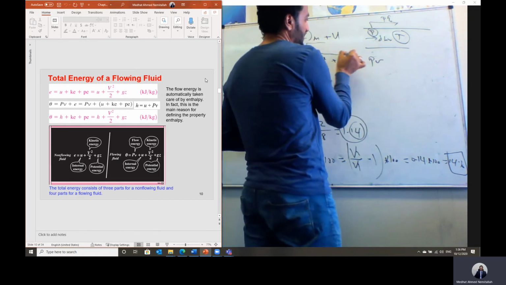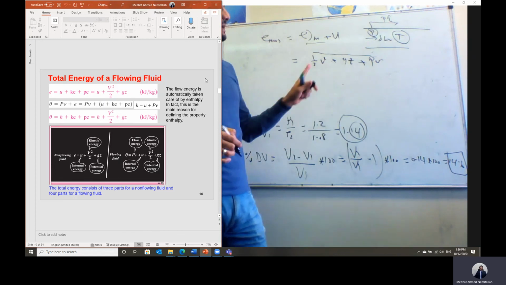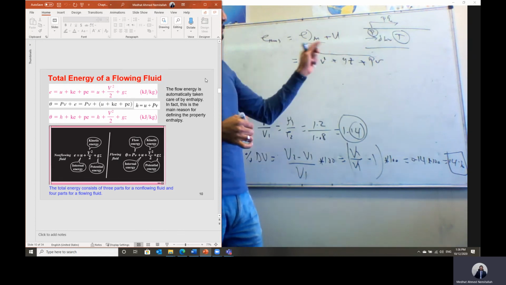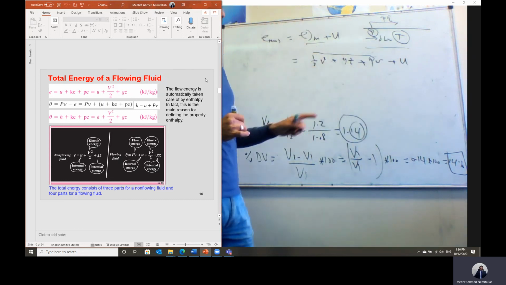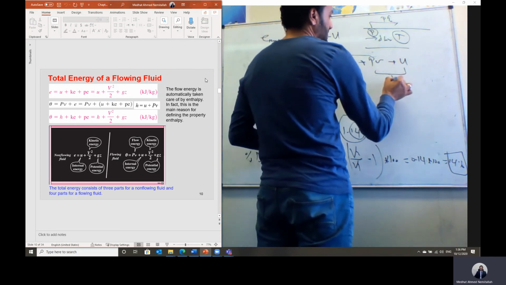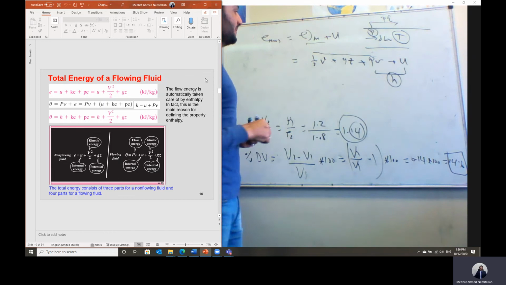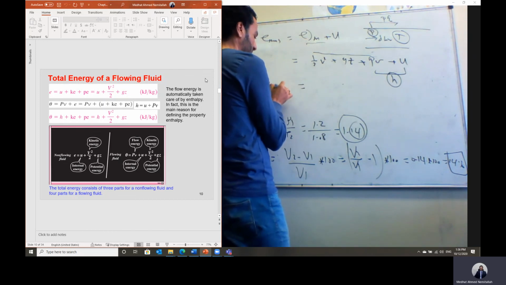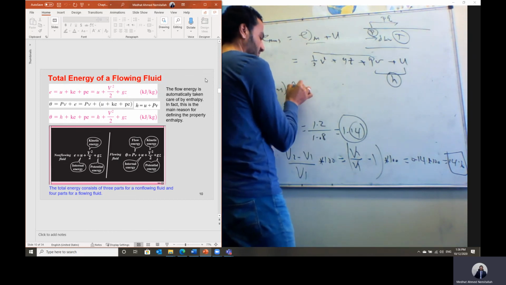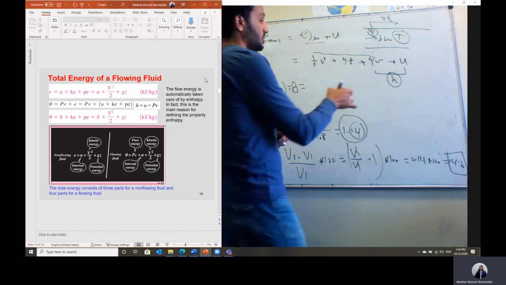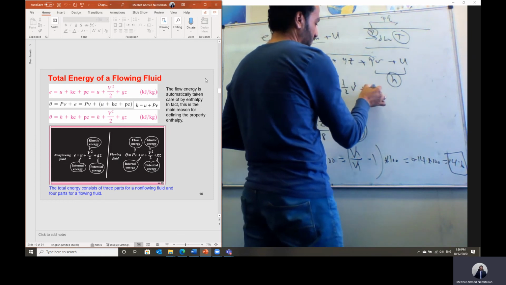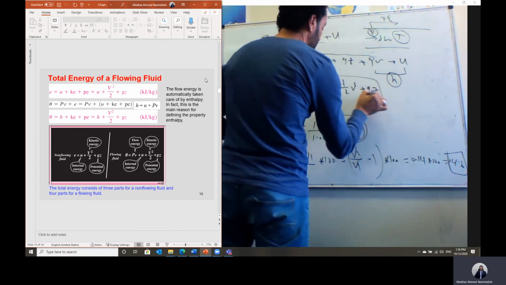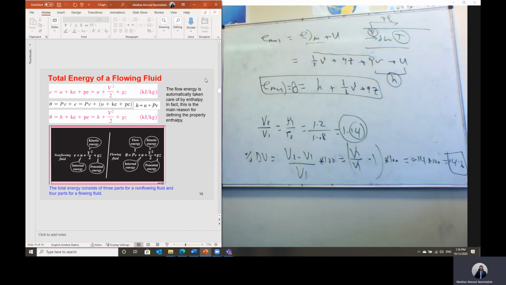This is the mechanical energy of the fluid, the part of the energy of the fluid that can be directly converted to work. We call it the mechanical energy. Plus the part related to the temperature, the internal energy, so we have to add u in this case. We said u plus PV represents the enthalpy. And in this case, the specific energy transfer by mass, which we give the symbol theta, will equal the internal energy plus flow energy, which is enthalpy, plus kinetic energy, which is half V squared, plus potential energy, which is g multiplied by z, where g is the gravitational acceleration.